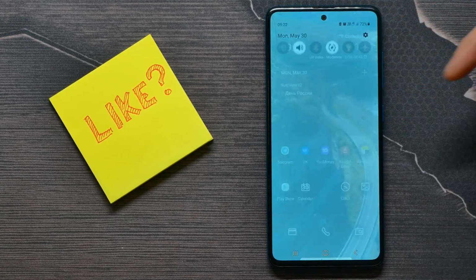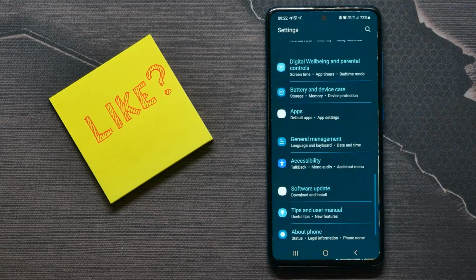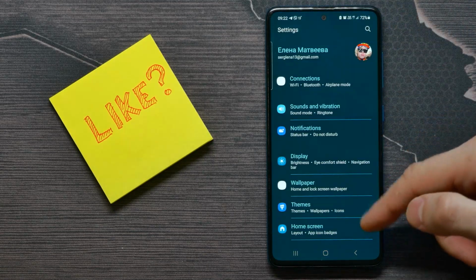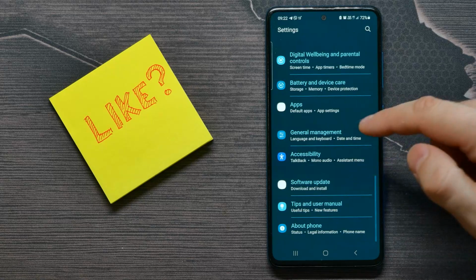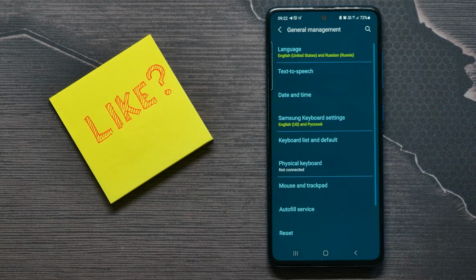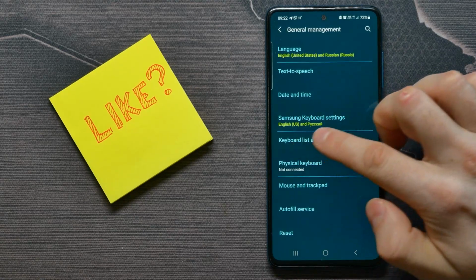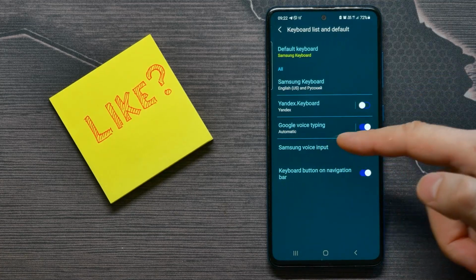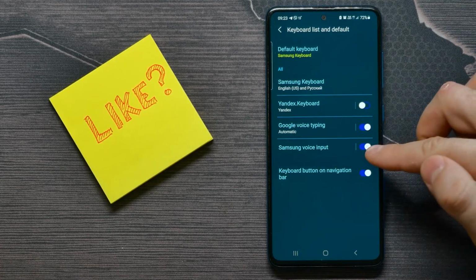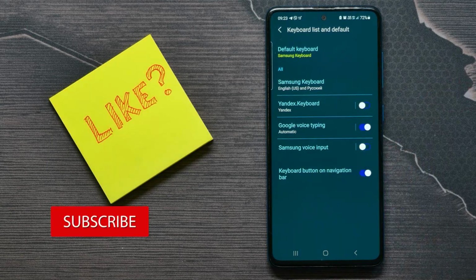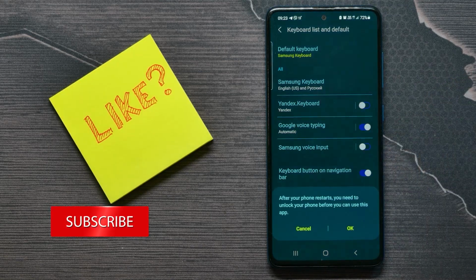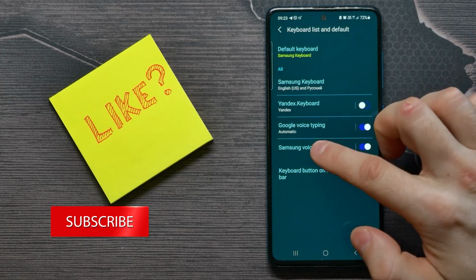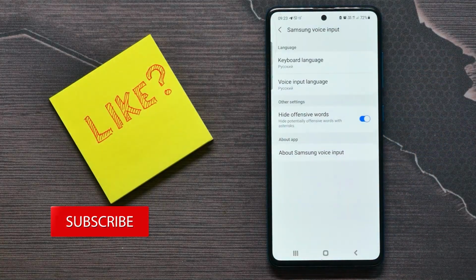First, go into your settings, and once you are in settings, find General Management, and here get into Keyboard list and default. To find the Samsung voice input, you can enable that option or you can disable that option, and if that option is enabled, you can go into it, and there are a bunch of different options